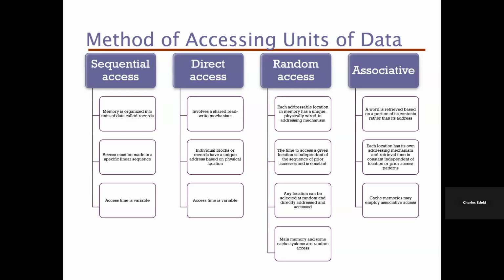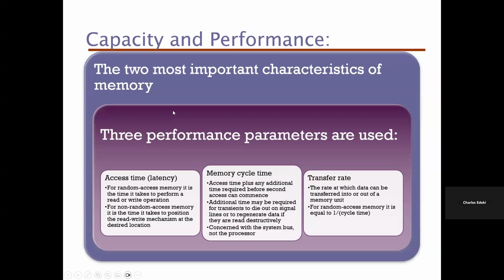Now the goal here, as we all say from the beginning, is to balance the trade-off between the speed, also the cost, and also again, the size. So here we have to keep trying to balance. And here we talk about the performance and also the capacity. So the two most important characteristics of memory are the capacity and also